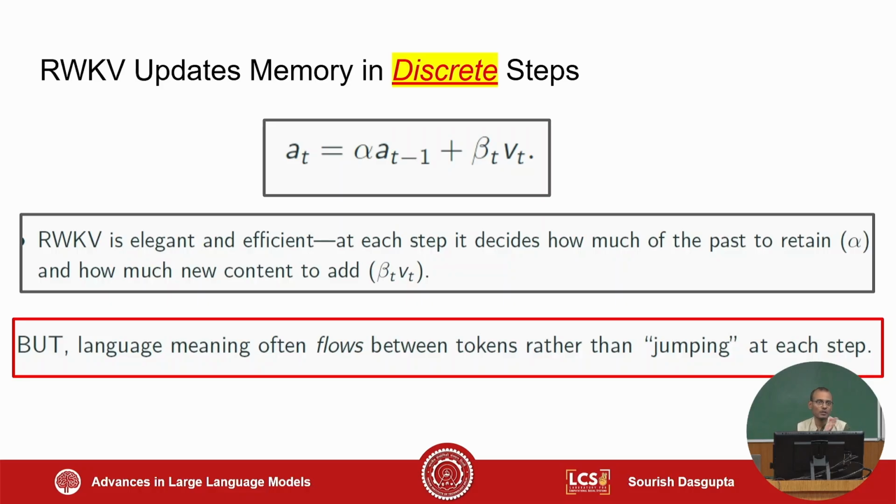As an example, let's say "John loves Mary who lives in New York." Mary was the object of John and loves, so the subject of loves was John. Then in the second part of the sentence, "who lives in New York", Mary becomes the subject of lives. Now this transition from object to subject has to be smooth. Smooth in the sense that the content of the embedding cannot just move from one coordinate and jump to a very different coordinate of the embedding space.